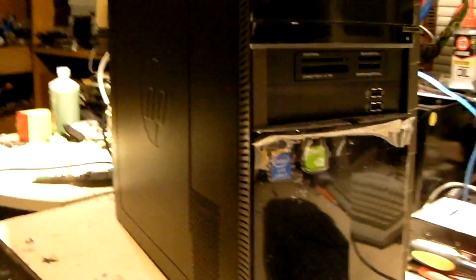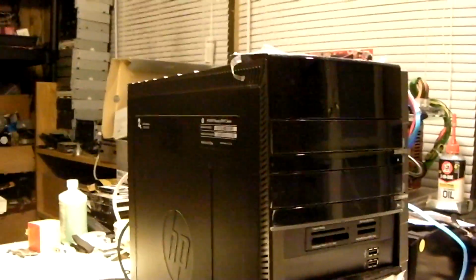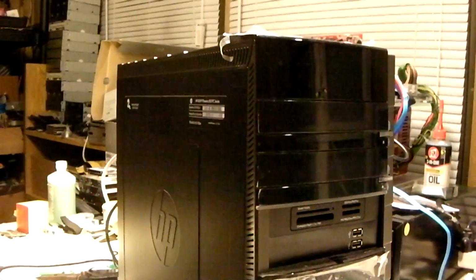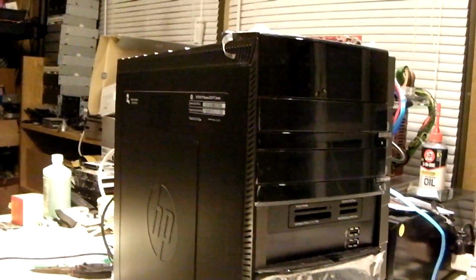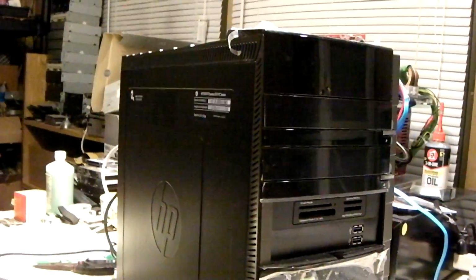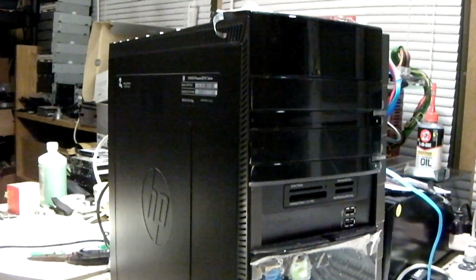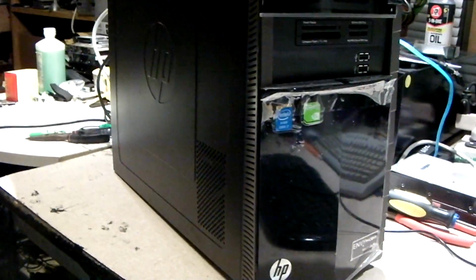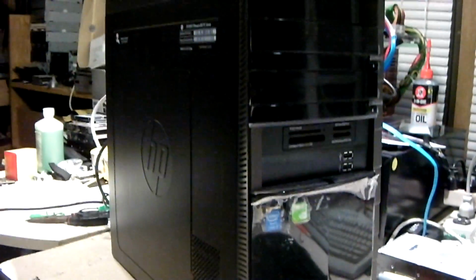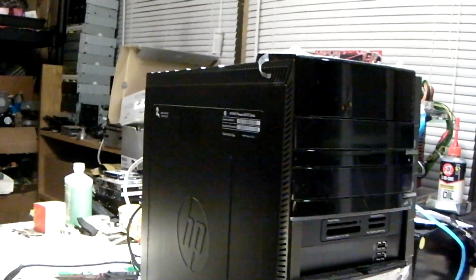But get this, with all this powerful hardware, do you know what the client uses this thing for? Just for web browsing and checking email. That's as far as I know. The original reason why this thing came in was because the client somehow, I know how he did it,